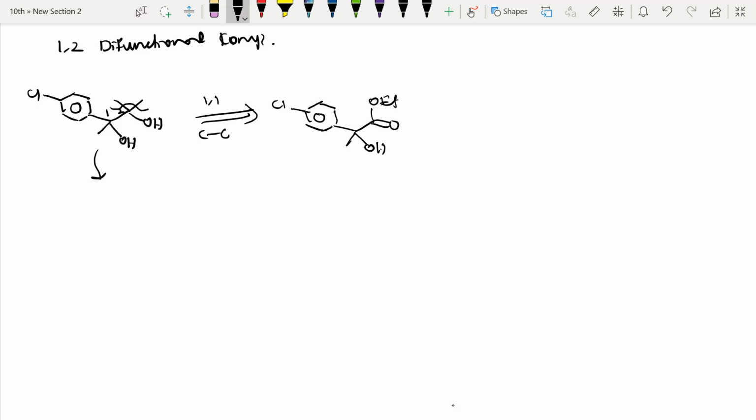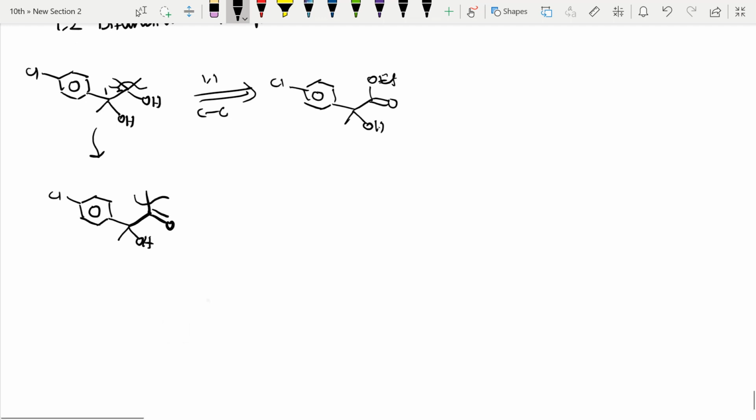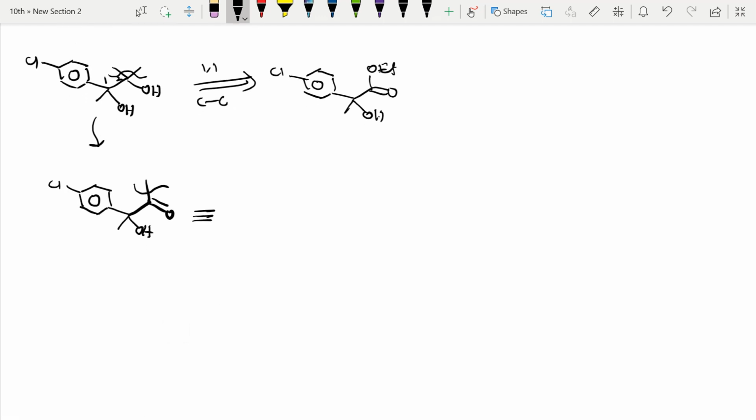Because if I write, see here, I'll just show. First I will do one disconnection. You will get to know why I wrote the ester group there. Here OH is there. If I do one disconnection, one methyl will be there and this carbon gets a positive charge. So OH with positive charge means it becomes a ketone, right? So directly I will write here. So this H goes and it becomes a ketone, right? Further, for this disconnection to happen, I have told we need to write this ester. This is not an equals mark. Just I will show this retrosynthetic mark.